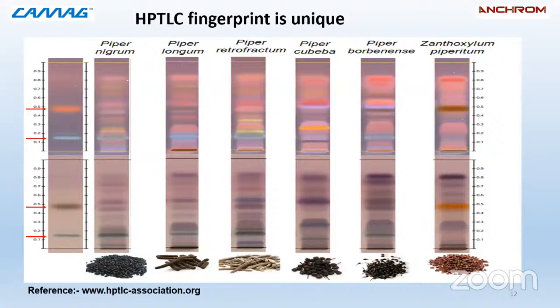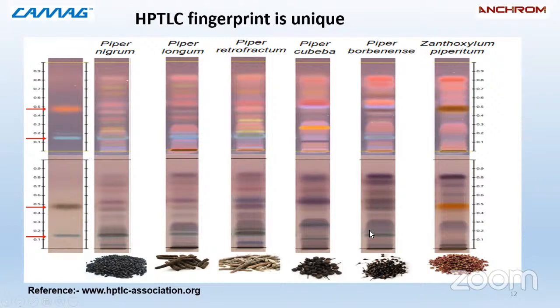This is one example for HPTLC fingerprint. This is an example of different species of pepper, a famous example of which is black pepper, which we use as spice. There are different species like nigrum, longum, retrofractum, cubeba, bourbonense, etc. On the left hand side, you can see we have applied different standards, and along with that there are different species. Now if you see this image carefully,